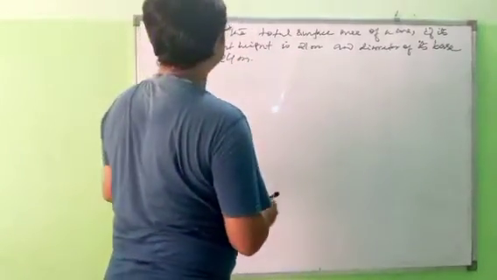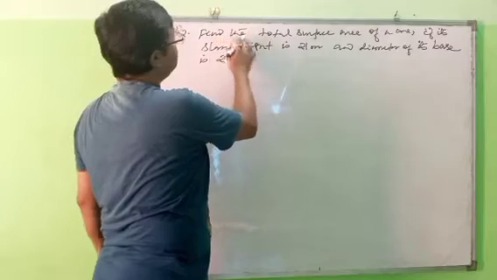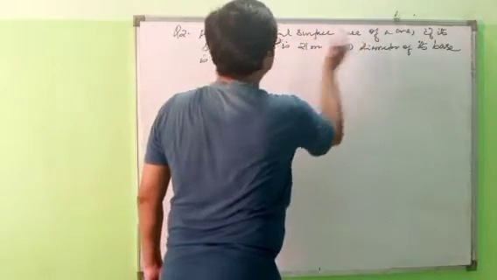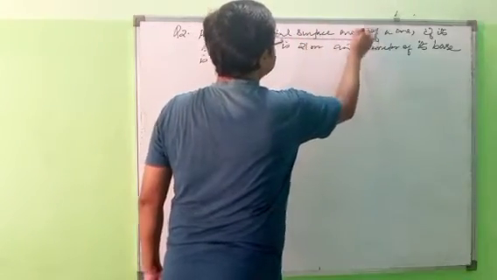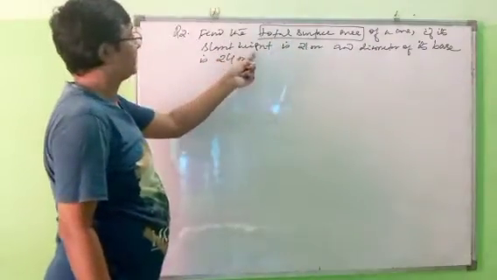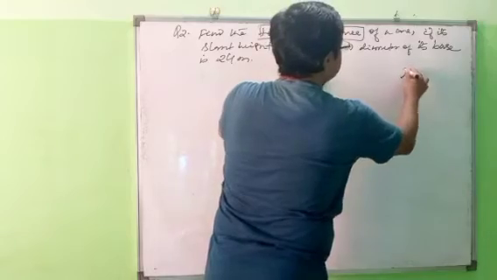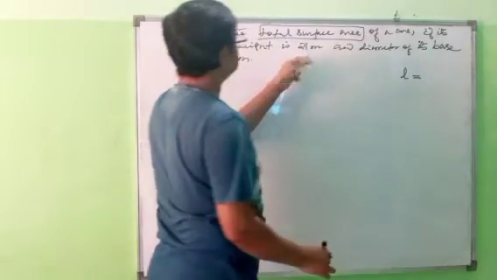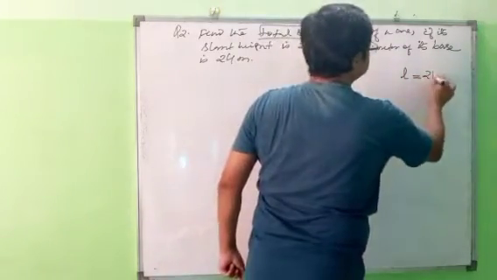So here they have told you to find the total surface area of a cone. If its slant height, that means L, is given as 21 meter,